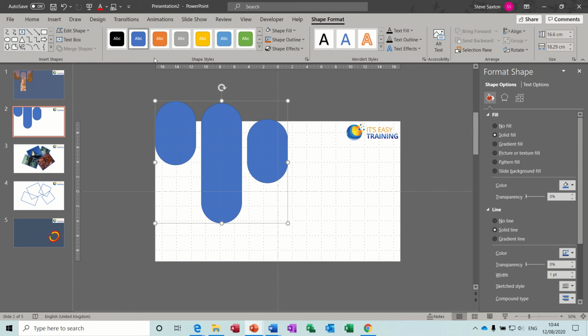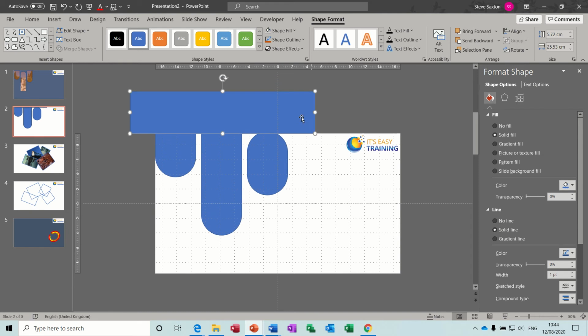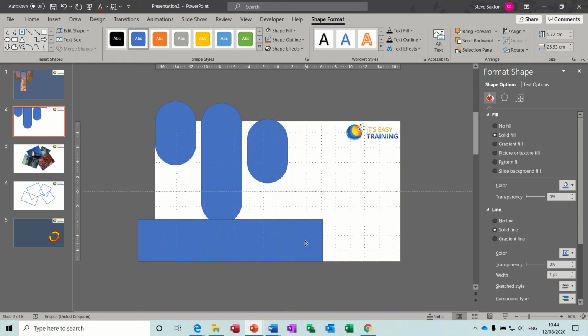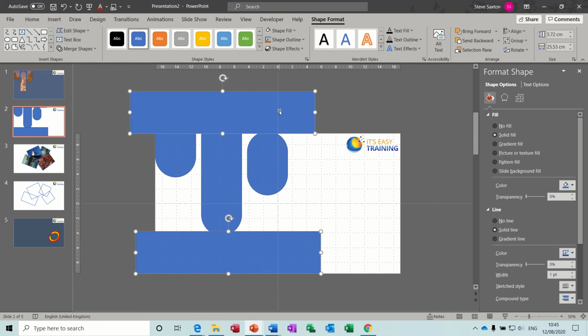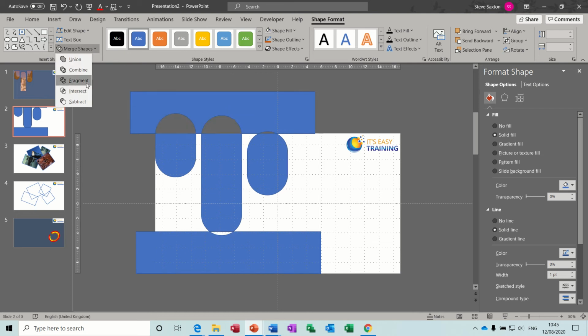as well. So if I do another shape, if I do a rectangle, just come across the top of that to the edge of the slide, and then do the same on the bottom like so. Hold my control key down. So if I then hold my shift key down and select these 2 rectangles and do combine union on that, and then if I hold my shift key down and click on the center one, what I can now do is use subtract